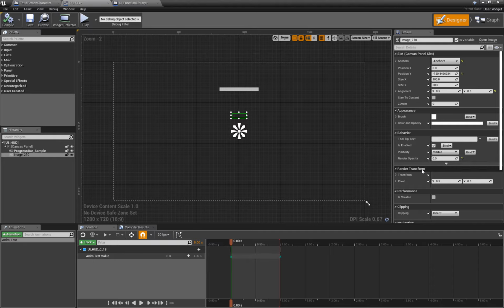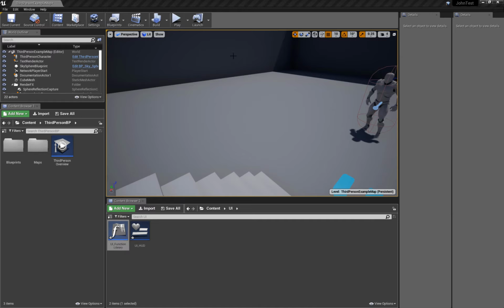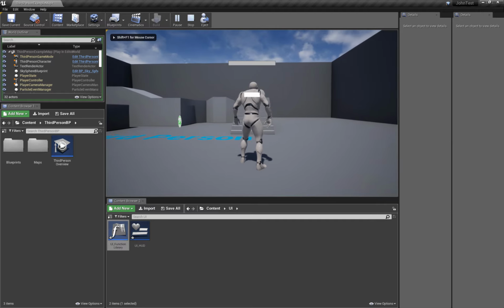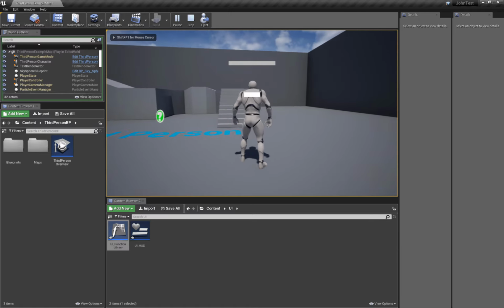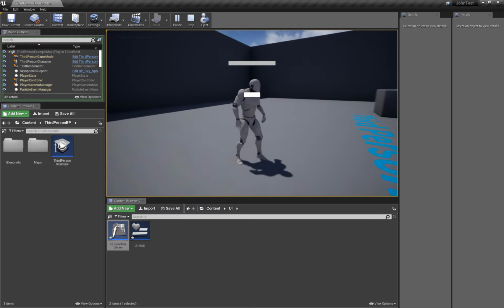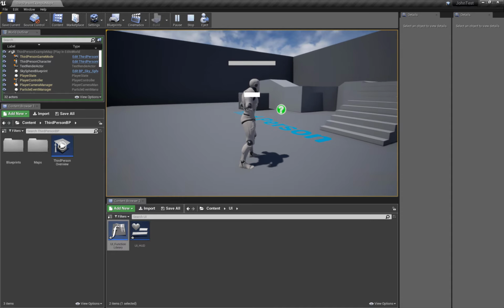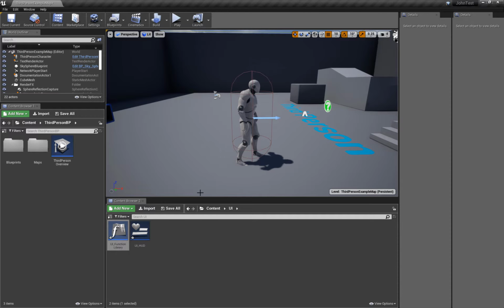So now when I scrub the timeline, if you notice in its details, the render opacity is at 0 when it's 0 on the timeline, and then as I slowly scrub through, you can see it come into focus at 0.3 at full opacity. In the engine, this is what it looks like. And you notice it's a smoother animation. It's not just a stop on, stop off. And I'll show you, if we go back,